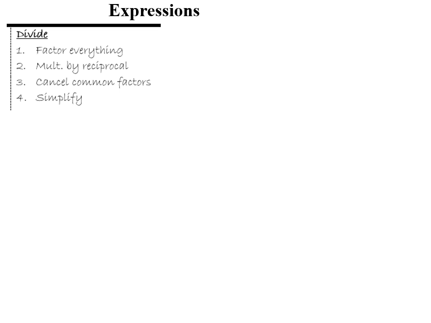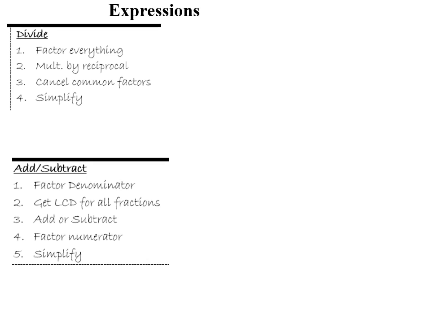So, in dividing, we still can only cancel common factors. So we still factor everything, multiply by the reciprocal, because we're dividing by a fraction, and then cancel common factors and simplify. And on adding or subtracting, this is just like fractions. You find a common denominator, add or subtract, and then factor the numerator again if you can, and simplify. So 3 over x plus 7 divided by 8x squared minus 8x over x squared plus 6x